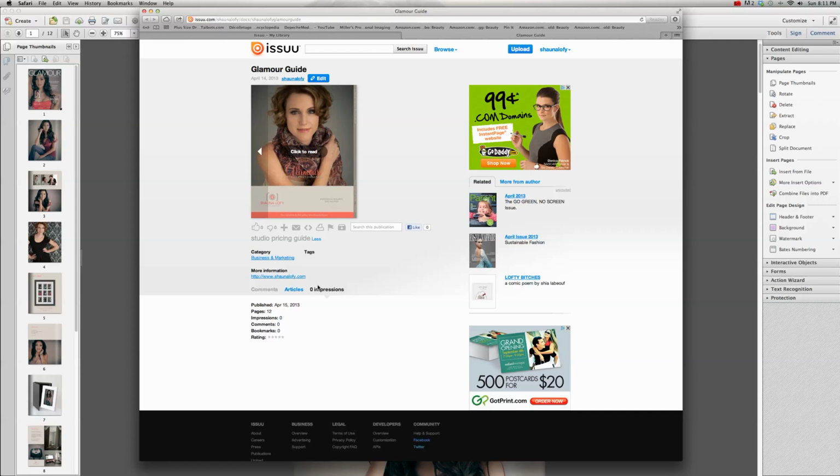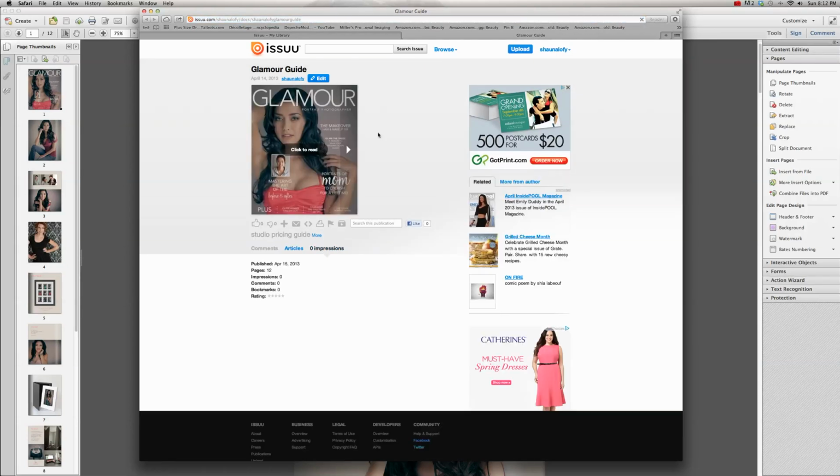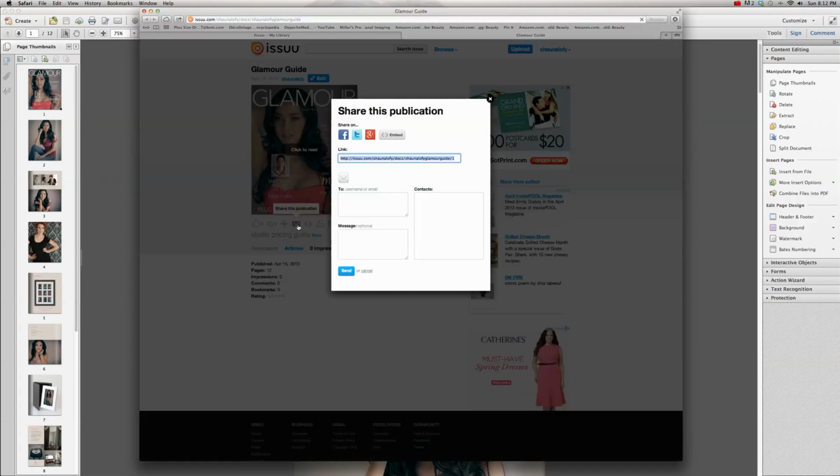Okay, that's just what we called it. Oh, and look, I'm going to click on this more. Here it shows if you had entered in where to click, it goes directly to your website. So now you've linked this issue document to your website. And somehow I got to share this publication, but it's not working for me. Let me just refresh the page. There we go. Okay, so I just refreshed my page, clicked on the little icon that looks like an envelope,